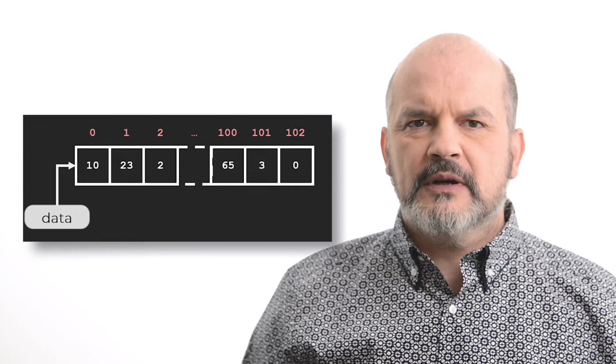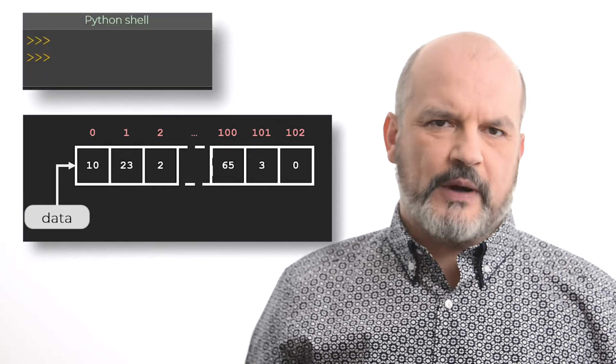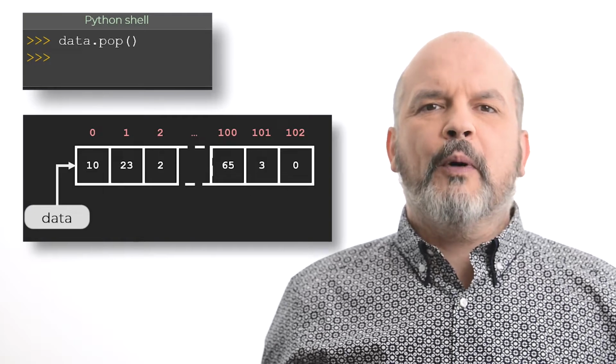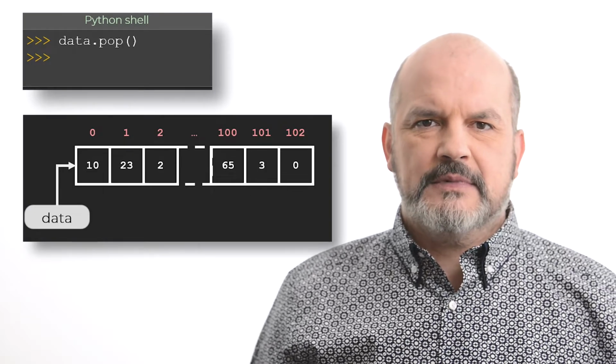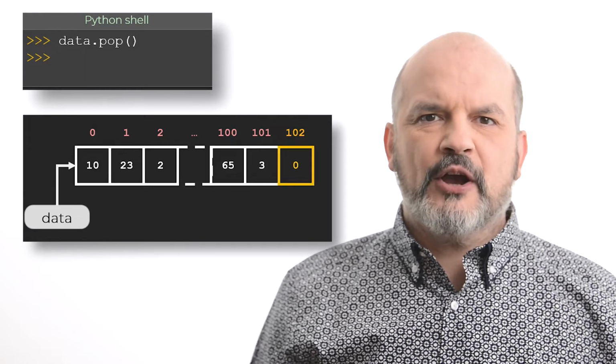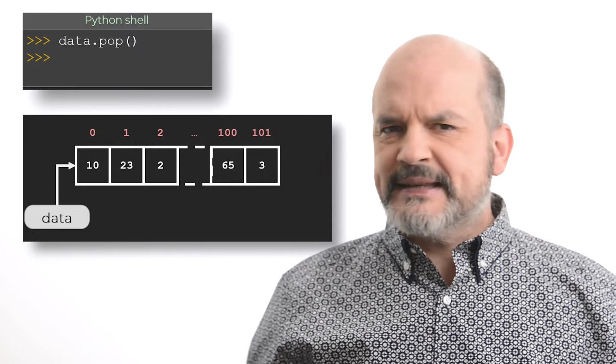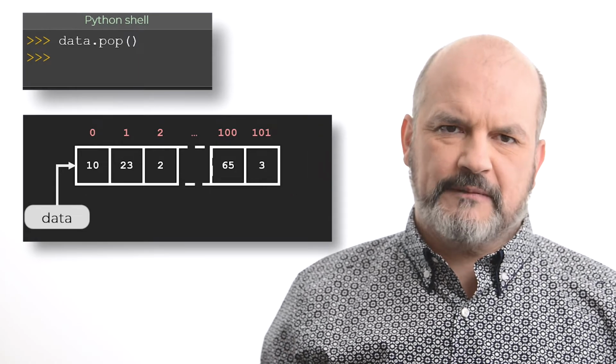Given a list data of more than 100 values, in the interpreter we'll be calling pop in two different ways. First, we call pop without any parameters. This removes the last element of a list. The interpreter gets the last element of the list and removes it directly. This is a very simple and efficient operation.